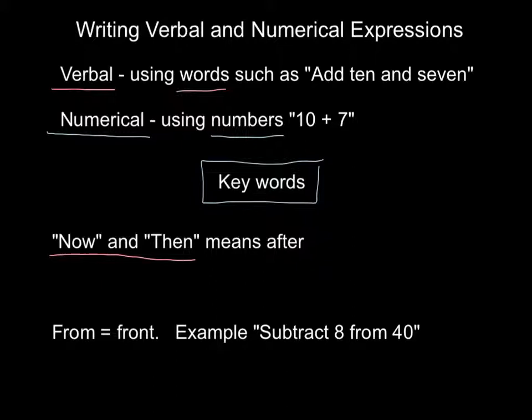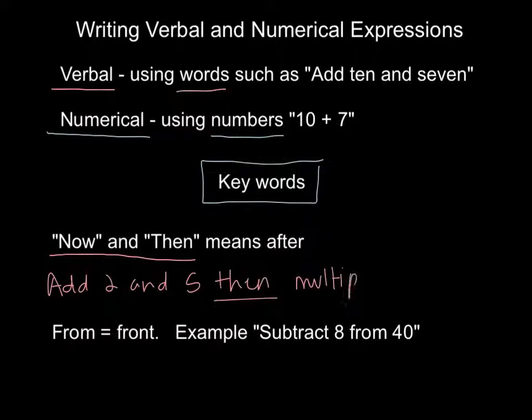Now, and then means after. So if I'm reading a problem and it says add 2 and 5, then multiply by 3, when I see then, I know that add 2 and 5 has to happen first. So if I wrote this problem, 2 plus 5, and then multiply by 3, I know that if I were